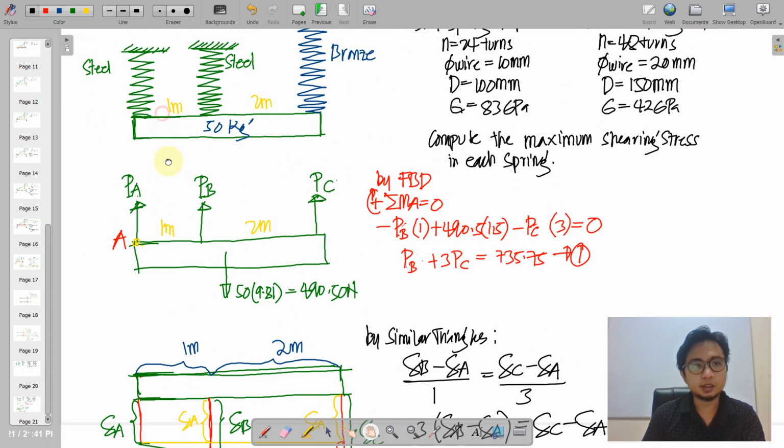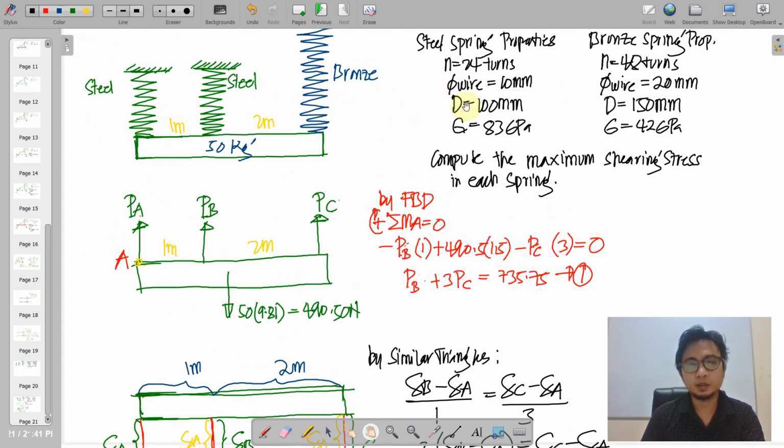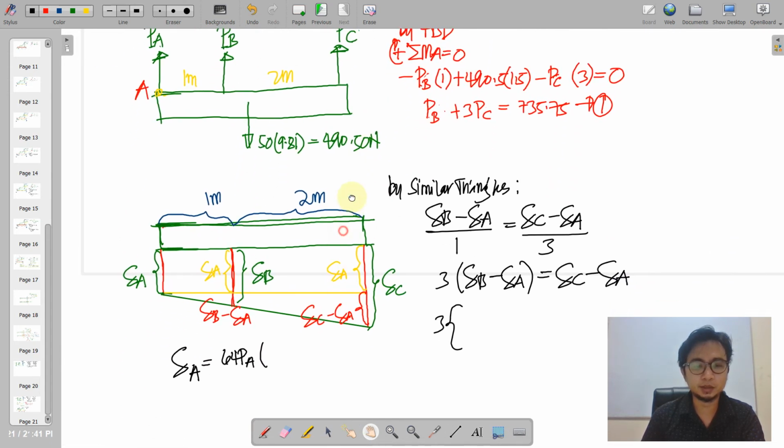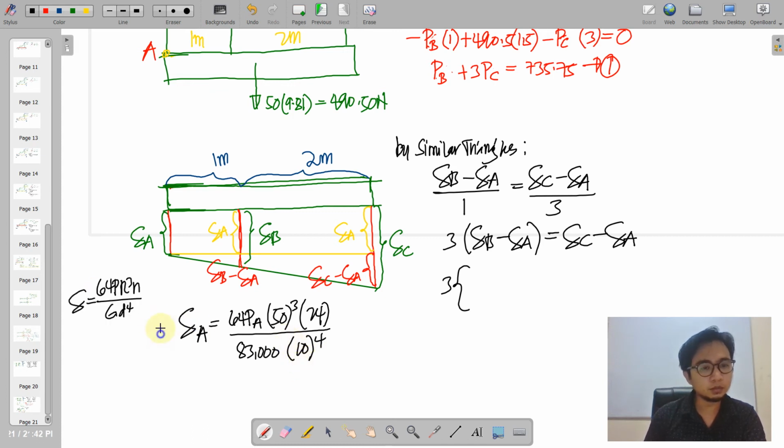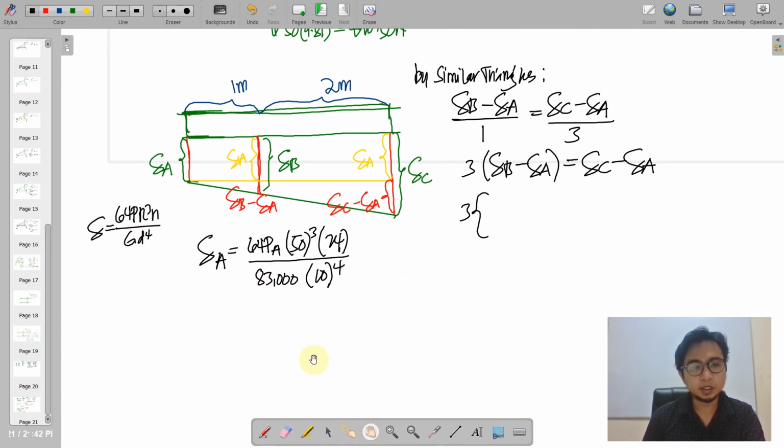A is the steel having a mean radius of half of 100, that is 50, with 24 turns and 83,000 modulus of rigidity, diameter of wire 10. So this is derived from this formula of delta. So we can express delta A in terms of its actual load,